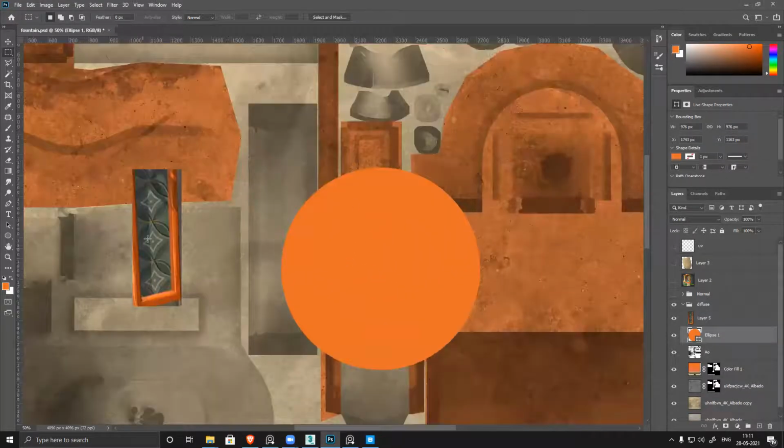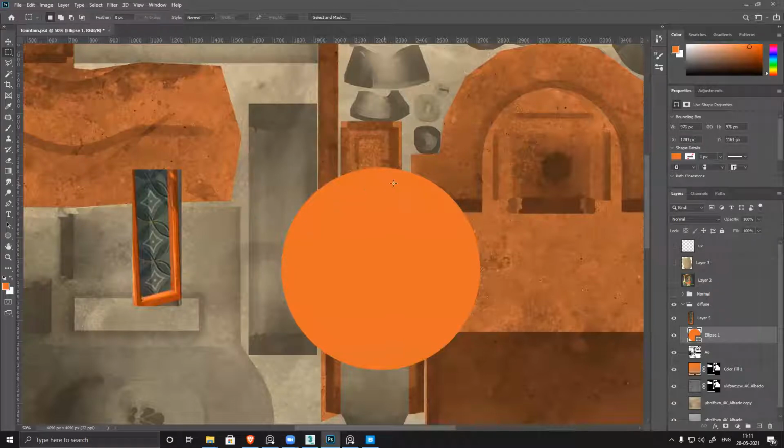So I have this outline. Now this outline, you can see, slightly looks embossed. That effect, if I want, I can generate within my texture, or I can enhance this with the help of a normal. We'll be using a normal map, because that's the correct way of doing it. The painted technique is no longer used. We used to paint all the height information and light and shadow within the texture. Now we don't. We just create the flat texture and generate everything with the help of the lighting.